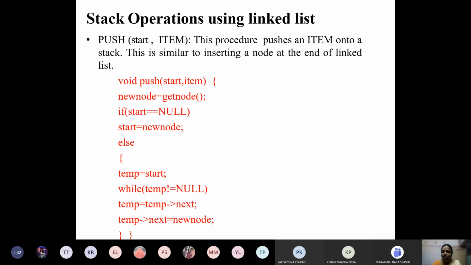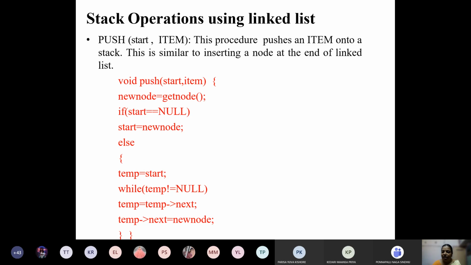Then we check whether the stack is null or not, that is, whether the linked list is already available. If start equals null, the linked list is not available, so we assign the new node as the starting node of the linked list.